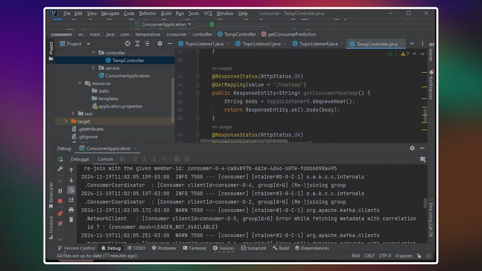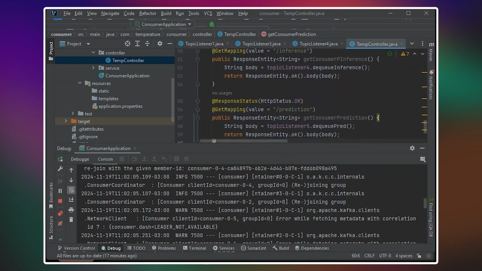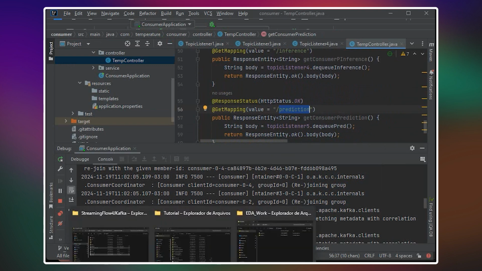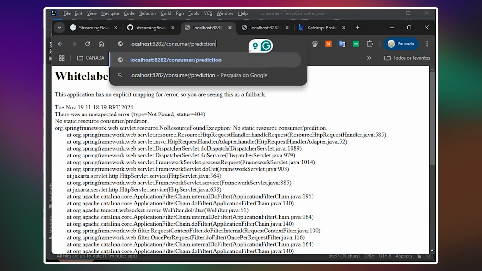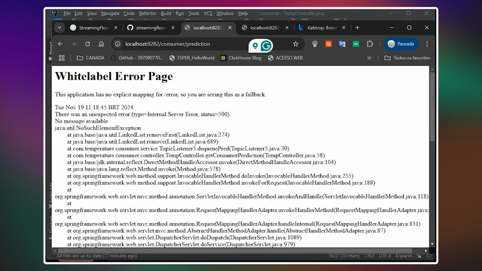It's dash heat map interface. Okay, prediction, it's here. You understand. Okay, it told me nothing because there is nothing in the queue, but you arrive here.